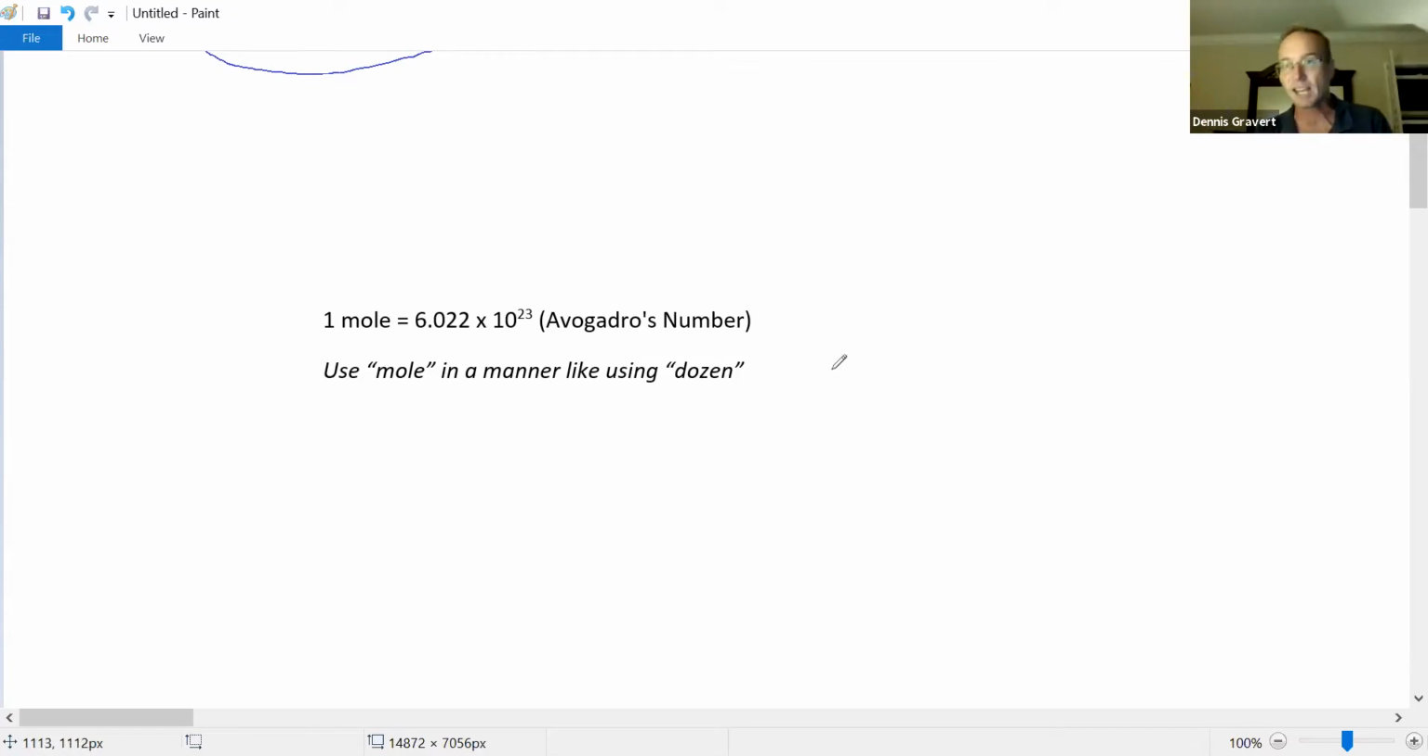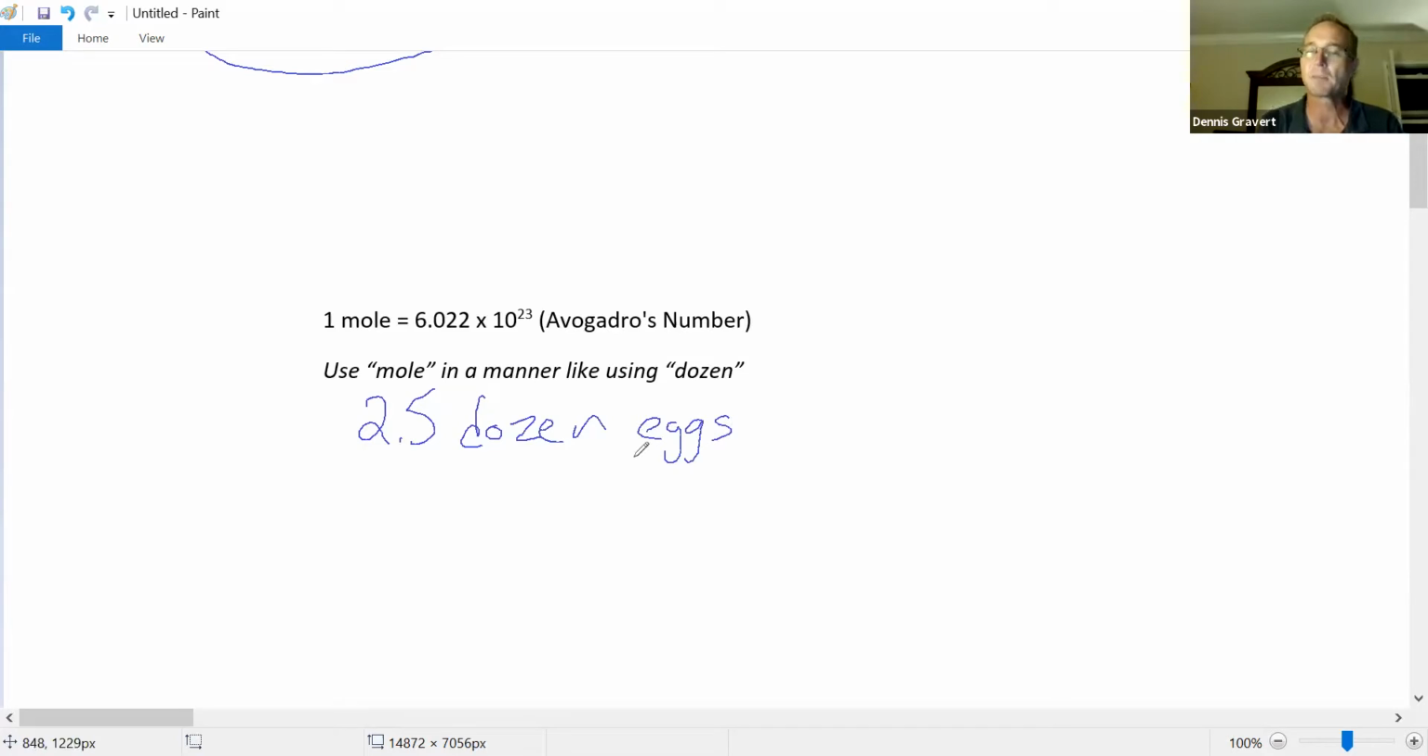So if you have a dozen eggs, you have 12 eggs. If you have a mole of eggs, well, that's a lot more. It's 6.022 times 10 to the 23rd, heck of a lot of eggs. But we're not always going to have exactly 1 mole. We're going to have different amounts, different numbers of moles. So if I say we have 2.5 dozen eggs,